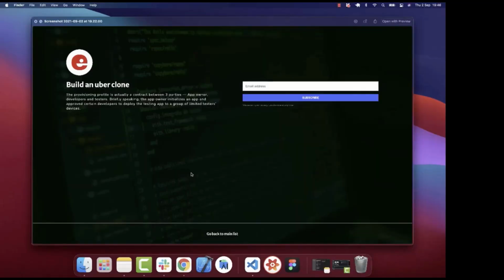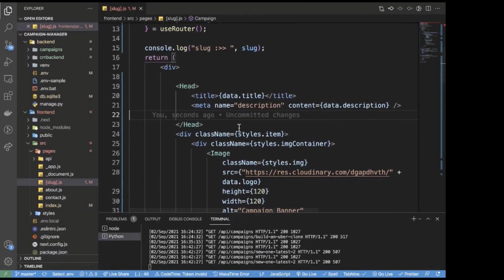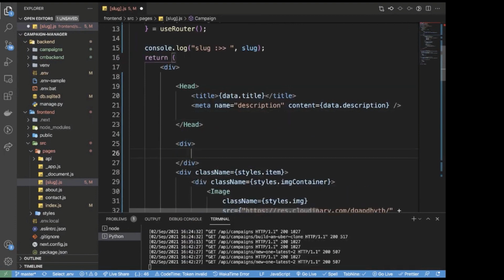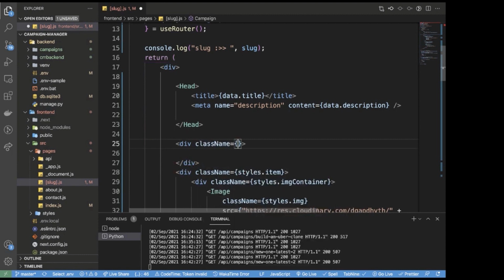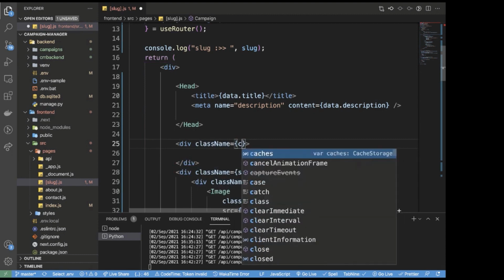Now we are going to go ahead and start creating the background layer, the one that has that darkish overlay and then the image as a background. So here I'm just going to have a div called wrapper. This div is going to have a class name, so it's going to be class, we're going to do